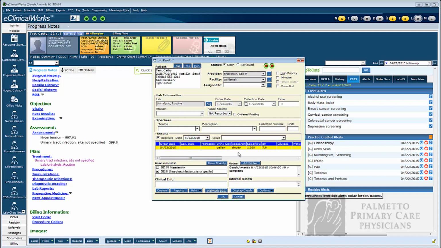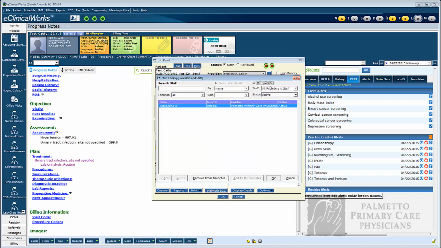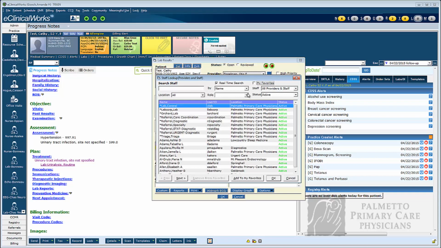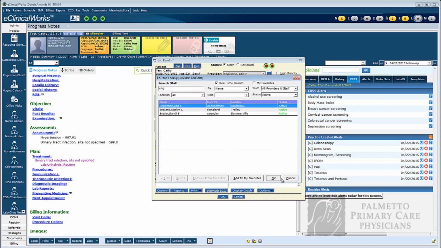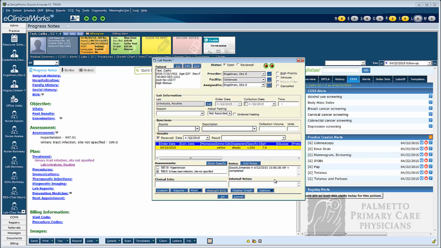Once we have populated our results and added any appropriate notes, we want to make sure that we assign these lab results to the appropriate provider for them to review. In order to do this, we would click on the blue ellipses next to the Assign To field at the top of the window and select your provider. Once you have found your provider's name, you will click OK. And once we click OK at the bottom of this window,